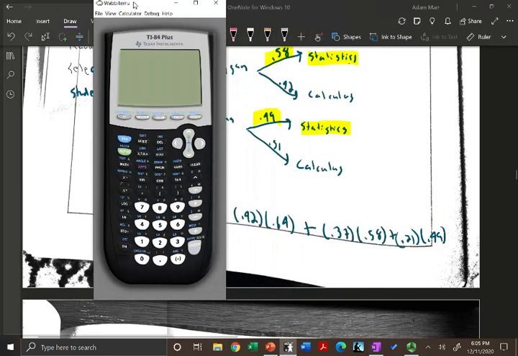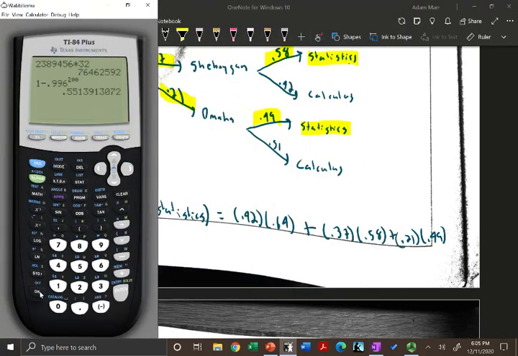So go ahead and say 0.42 times 0.64. Then we're going to add to that 0.37 times 0.58. Then we'll add to that 0.21 times 0.49. Okay, we get